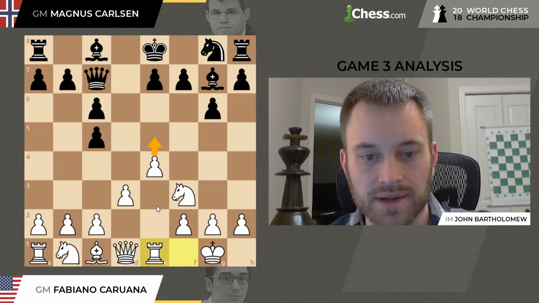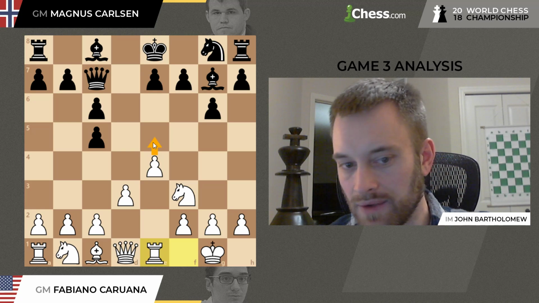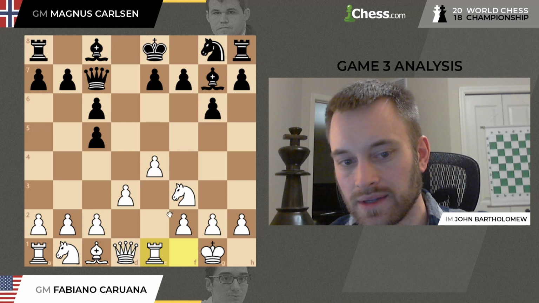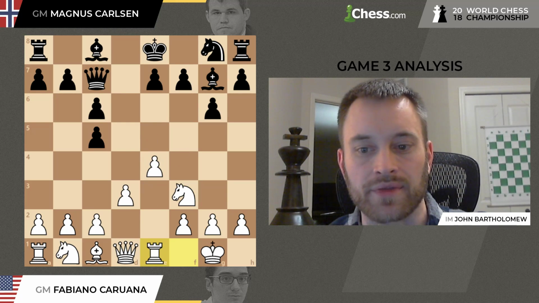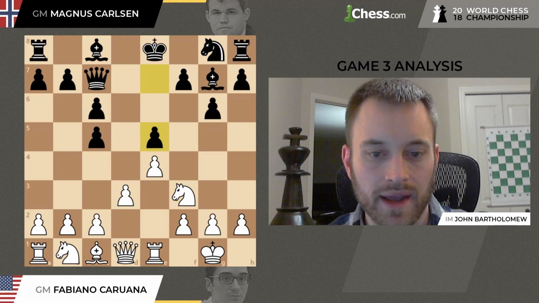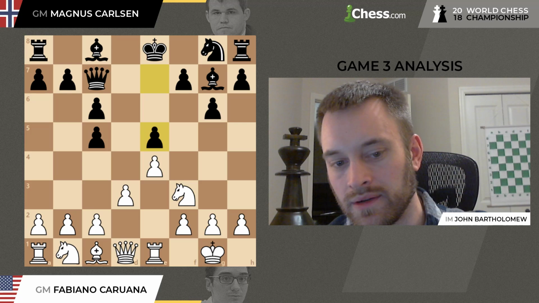So this has in mind the idea of pushing this pawn, because if white could get that pawn to e5, that might be useful in blocking this bishop. So rook e1 carries with it that threat. But Magnus shuts that down. He plays e5. And now I mentioned in my analysis of game 1,